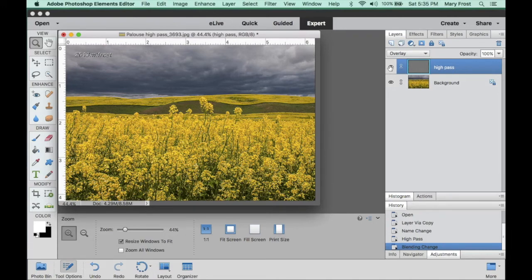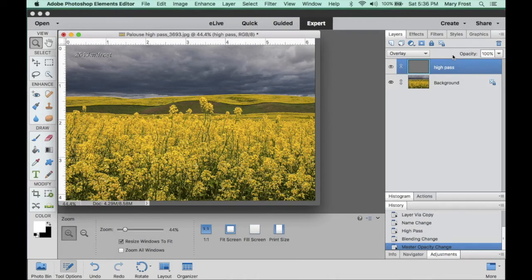Now, if I had overdone it, you know what I can do? I can lower the opacity. I don't really want to, but you see how I can lower that opacity? I did it the way I wanted it, so I didn't need to. But you should know that if you over sharpen in these, and as long as you're on a separate layer, you can always bring it back later. So don't worry too much. Don't err on the side of being too picky and not sharpening enough. Then you have to go back and do it over. If you've over sharpened a little bit, you can bring it down with the opacity slider. Okay? So that's the basic and very simple